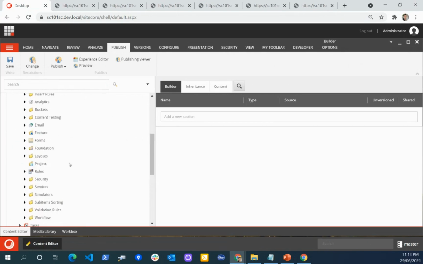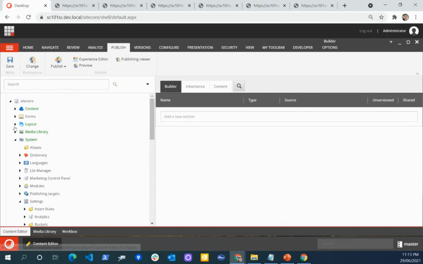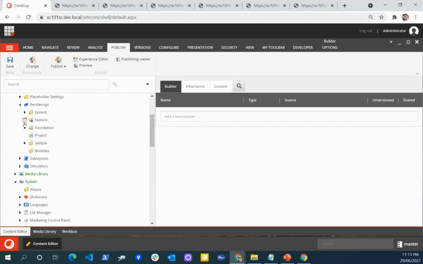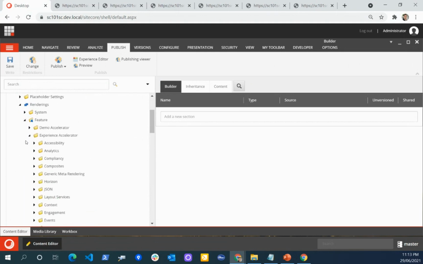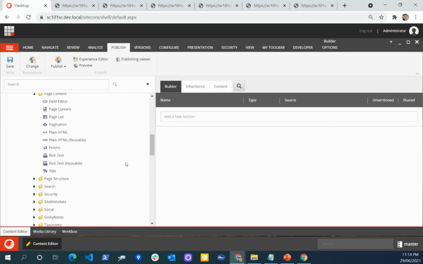So now, these are the three settings: system settings, branch template, and the template. Now if you want to clone a new component, let's say from the layout, from the rendering feature, the Experience Accelerator, any of the components from the page content, I want to clone this one.